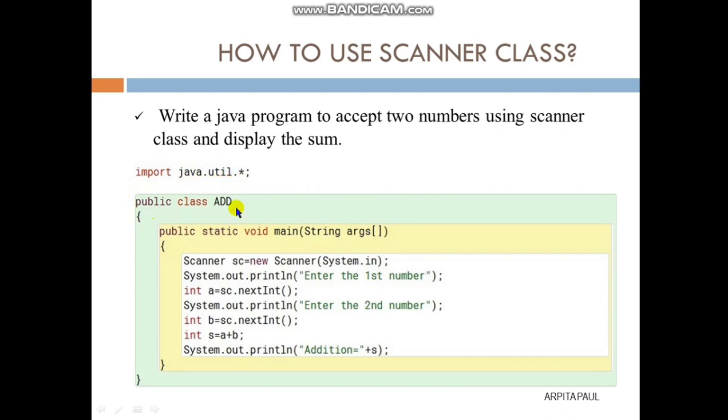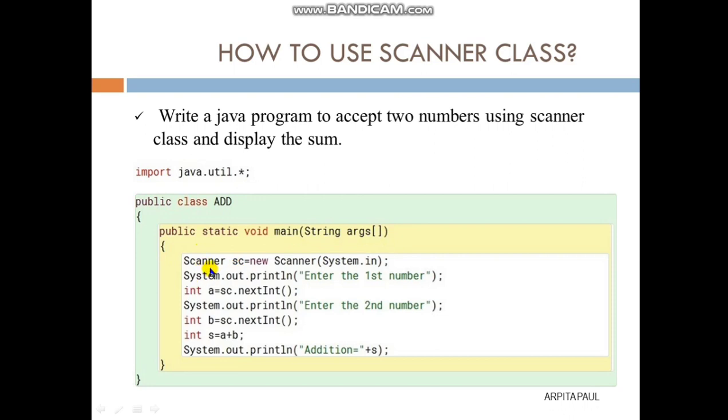Okay, after that we will write our class name, which is public class Add. This is our class name. You can give any class name. Within the bracket, we will write our main function, that is public static void main(String args[]). Within this, we will create the scanner class object. How to do? We have written here Scanner sc = new Scanner(System.in); then semicolon, which terminates the line. Okay, this is how we have created the object of this scanner class.